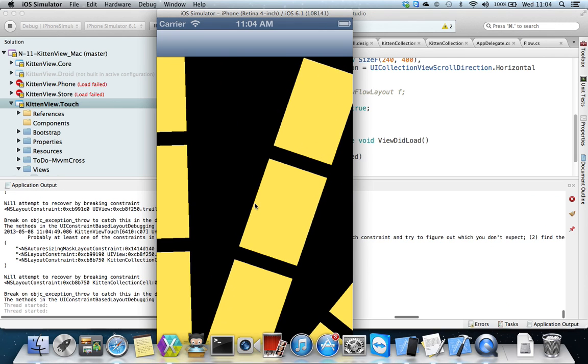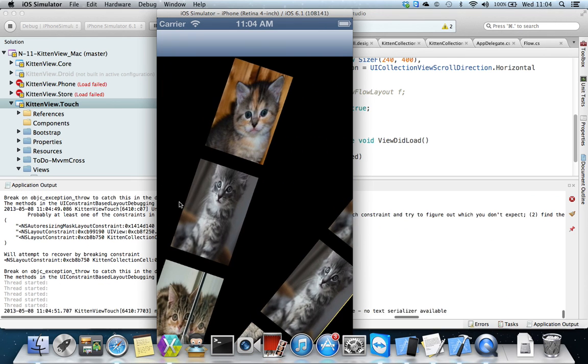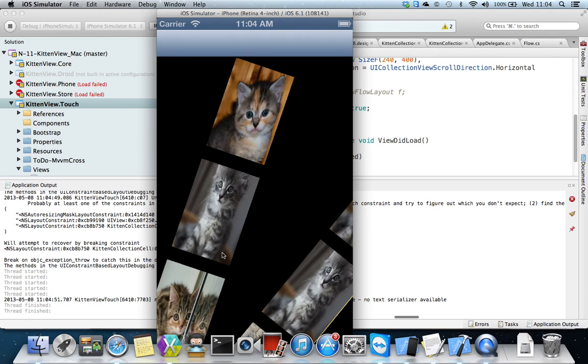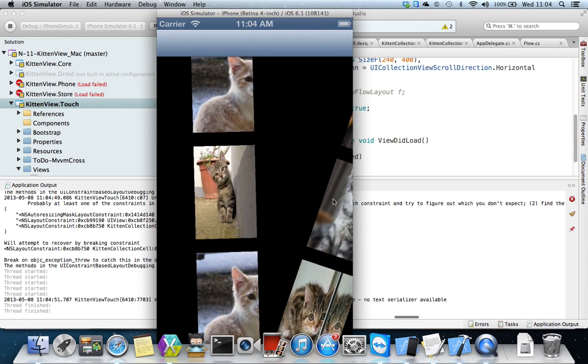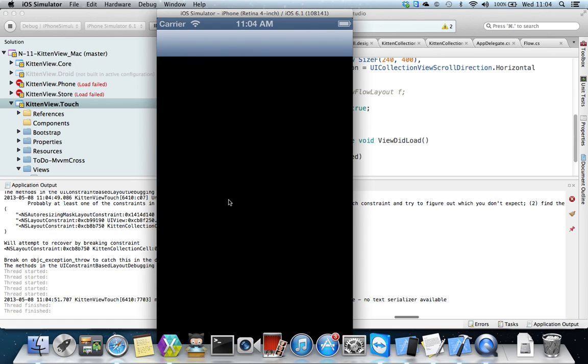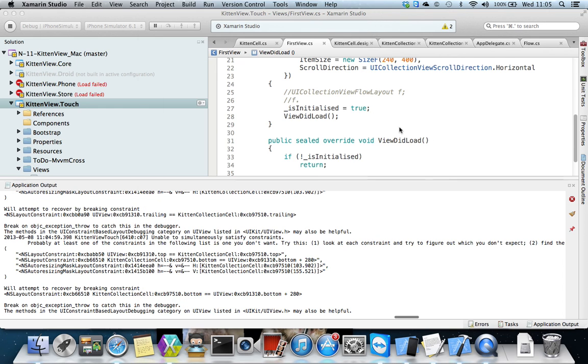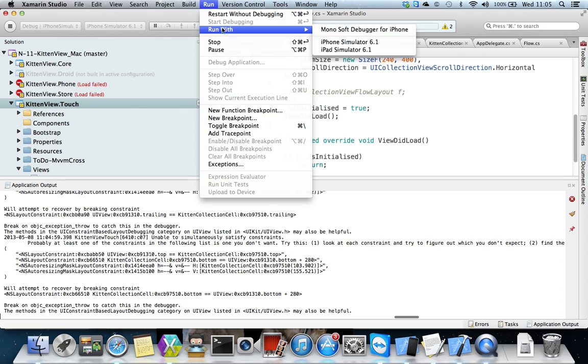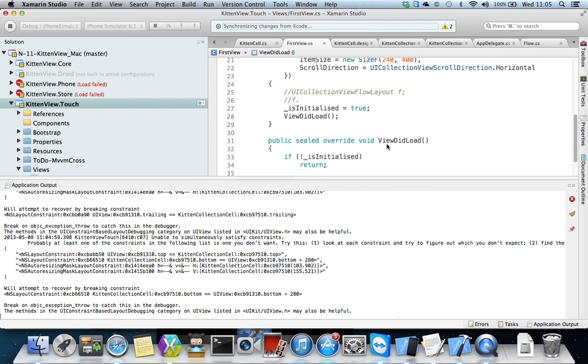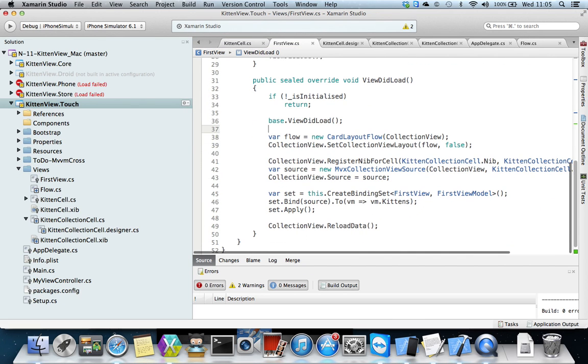Now you can see we get this very strange flow going on here. And you can see we're not doing particularly well with our layout, but hopefully you can see we've got these cats and things. It's just not quite the effect we wanted to see. So as I said, that may have gone wrong, but what we can probably do, let's see if we can, is add another view,